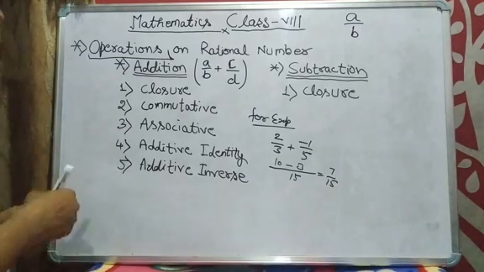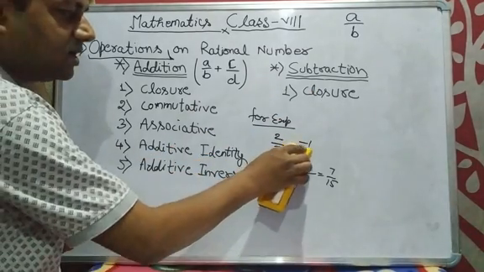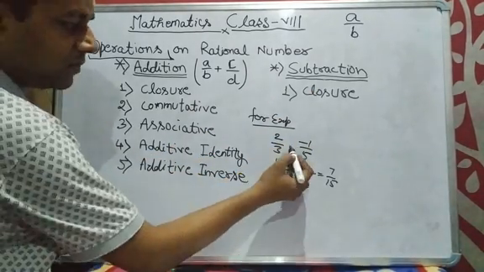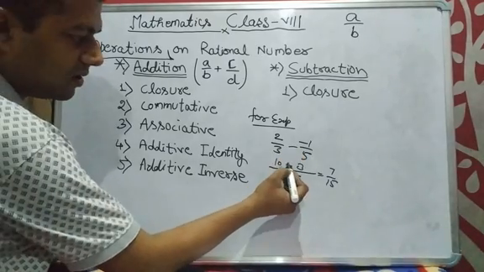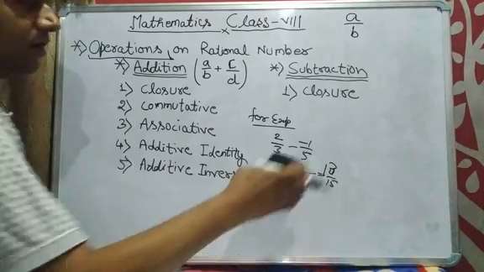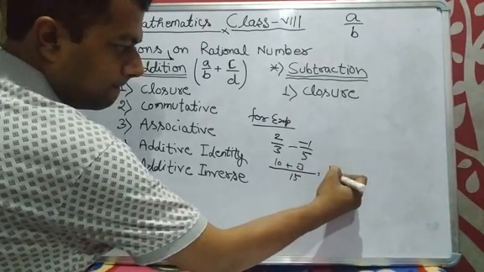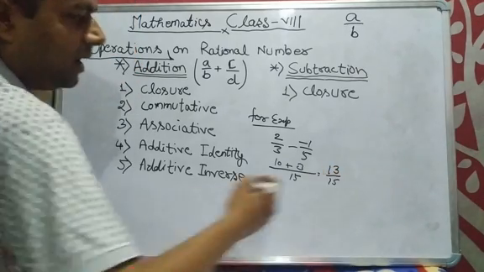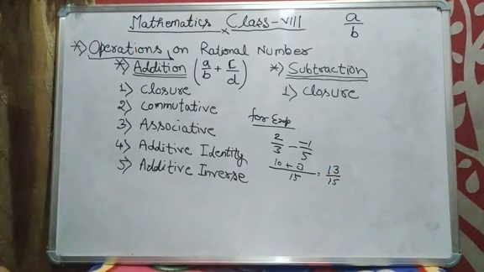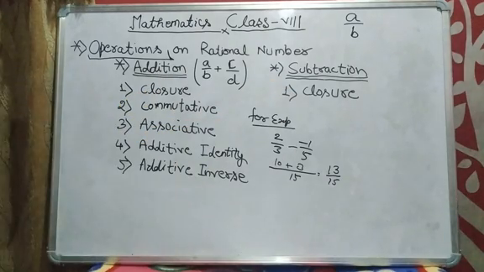In the same way we can do the subtraction here. If a minus sign is given there, we can easily subtract. Suppose we are doing subtraction, it will become plus, and the result will be 30 in the denominator. In this way, we can do addition as well as subtraction.